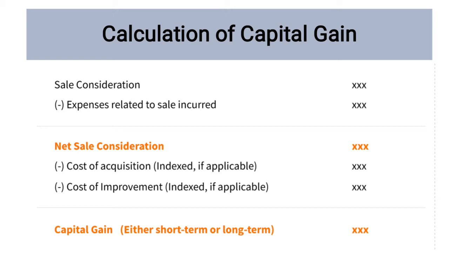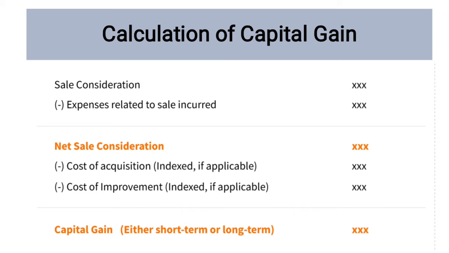Then in that you will deduct the cost of acquisition, meaning whatever amount you paid at the time of purchase, and the cost of improvement, if any subsequent expense you have incurred. For example, if you are buying a house property and doing any renovation, that is a subsequent expense, and you will also get a deduction for that. And finally you will get the capital gain: from the net sale consideration you will minus the cost of acquisition and cost of improvement,